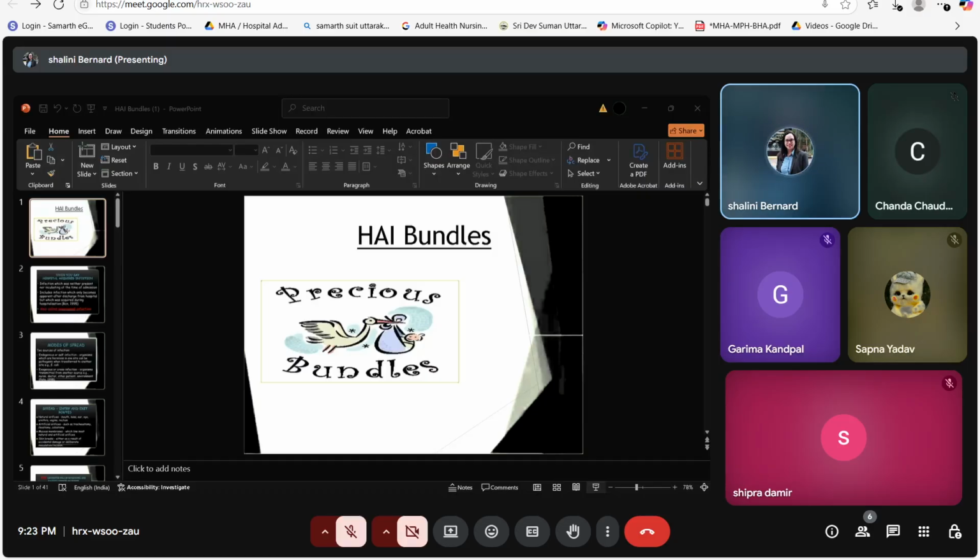Second, catheter-related bloodstream infection bundle. The catheter-related infections are more frequent in the central line, which is inserted in the ICU setting. The major contributing factors are catheters needed for extended periods of time. The patient can be colonized with the hospital-acquired organism. So there are two types of bundle. One is the insertion bundle. Second is the maintenance bundle. Insertion bundle applies when the central lines are inserted in the patient body. Second is maintenance, which we have to maintain on the daily basis.